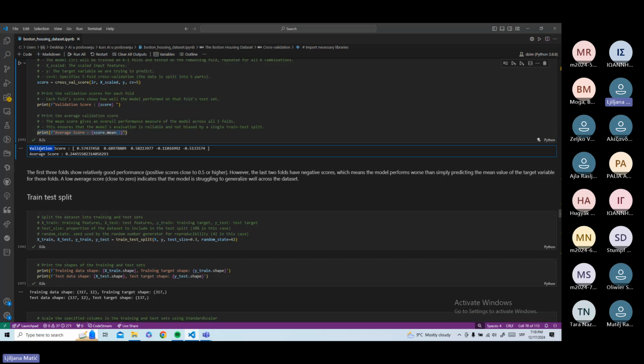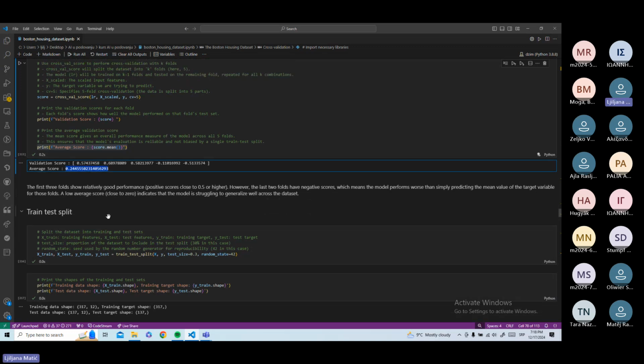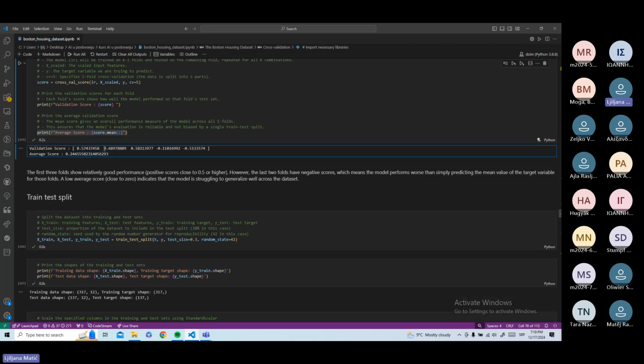And here is the validation score for each fold. So for the first fold, second, third, fourth, fifth, and that's the average score. The average score is not that good. You have 0.2, that means it's not that good. 1 is the best, 0 is the worst. So you can have a clear measure that it doesn't work well, but it's relatively good for the first, second, and third